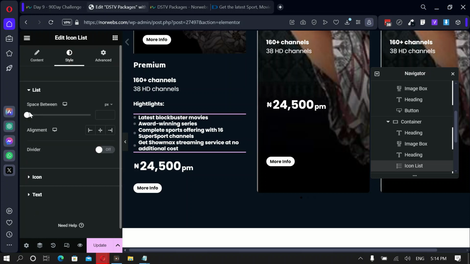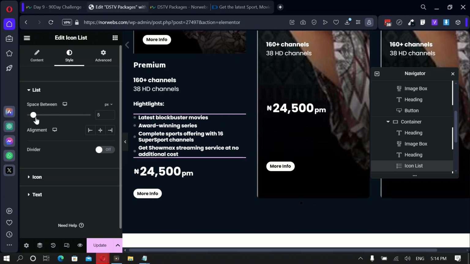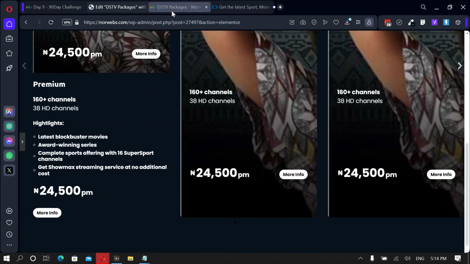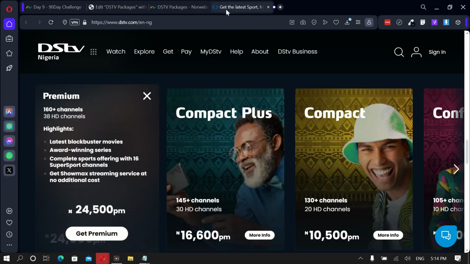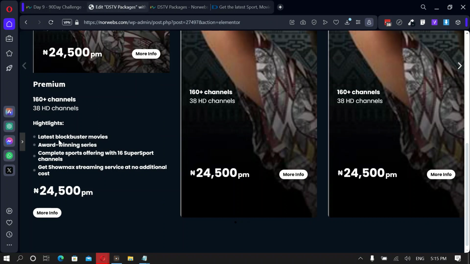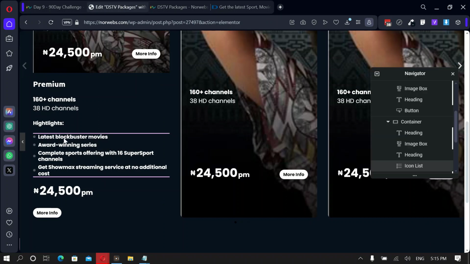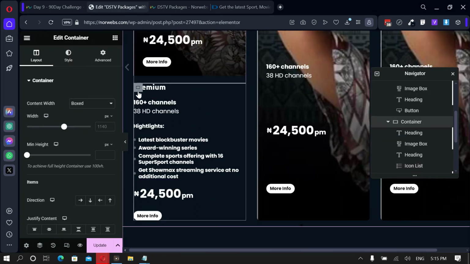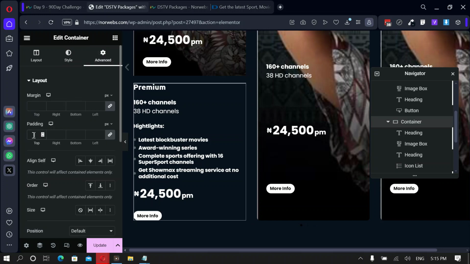So we go to the list, space between. So maybe have it like 5. Okay, let me look at this again. Yeah, around 5. Okay, so then the final thing, clicking on the container, we need to give it 25 pixel,